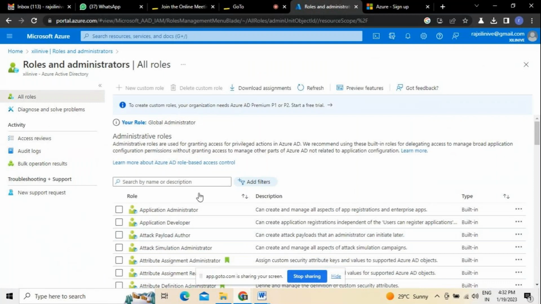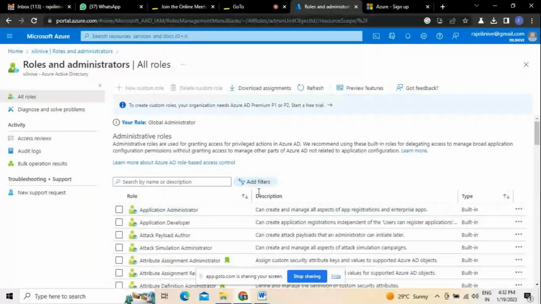This is how generally roles of an administrator work, whatever roles we have, and whatever assignments can be downloaded here, and how to add filters, because adding filters will make it much easier for you to work on the application. Unless you add the filters, it would be difficult for you to perform it. So adding filters and all of that is essentially required. Adding filters will help you to move further to the next level. That's what generally we can do.